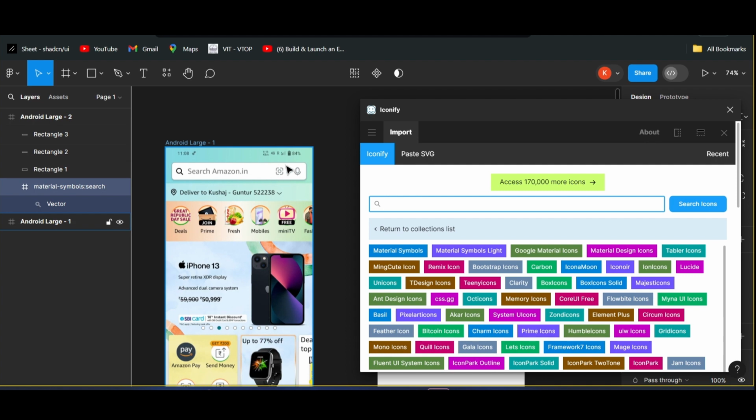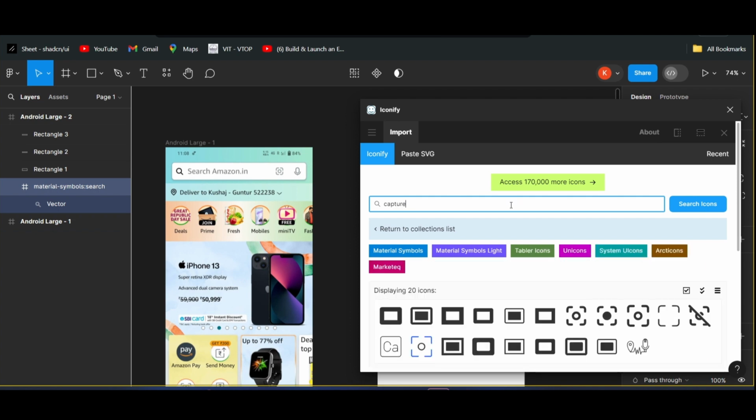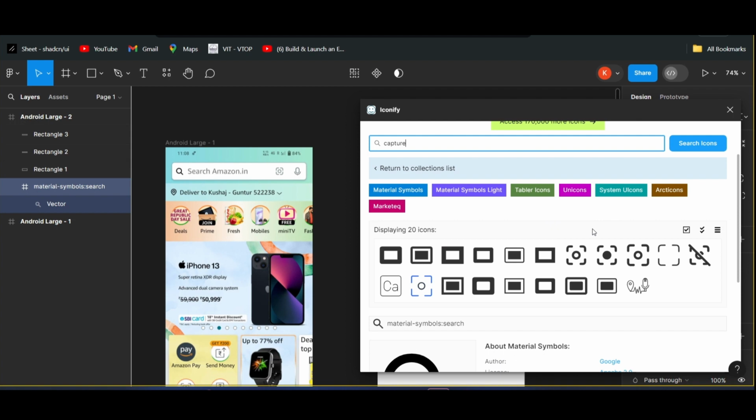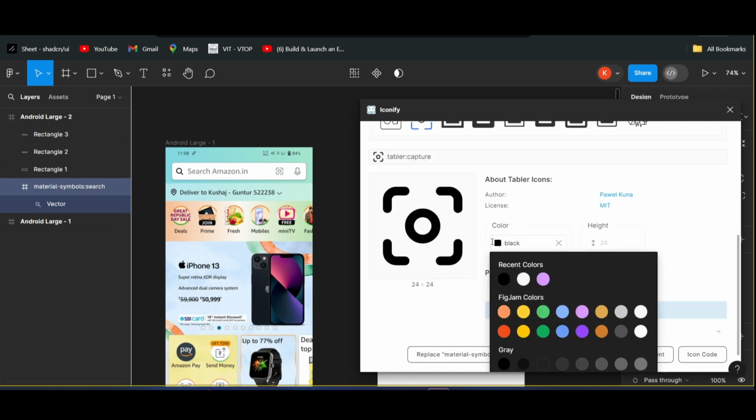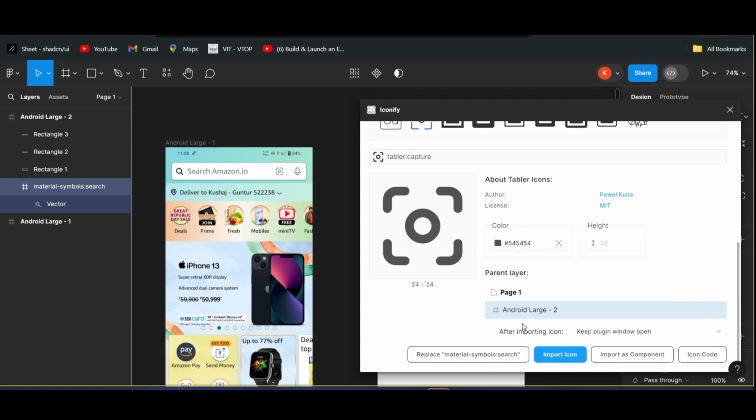We need another icon, that is capture. So just search for capture. You can see right here, that is similar to the one right here. You can take any color you want, but it's like gray, so I'll take gray only. Click on import icon,